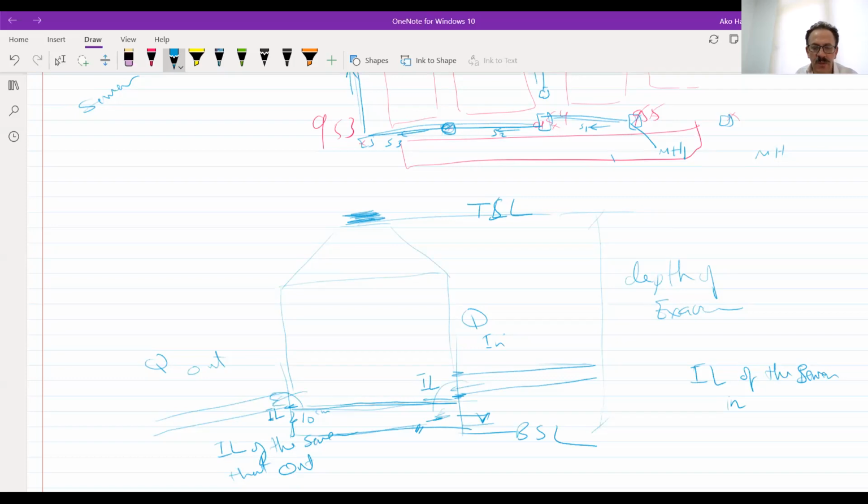So that's why we leave a space between the in and the out. The out should be at least 10 centimeters higher than the in, to let the flow slow down and settle all the huge materials to stay in this manhole.